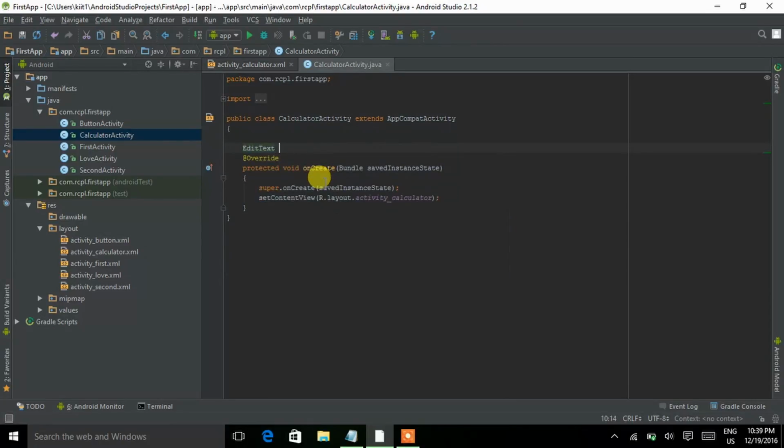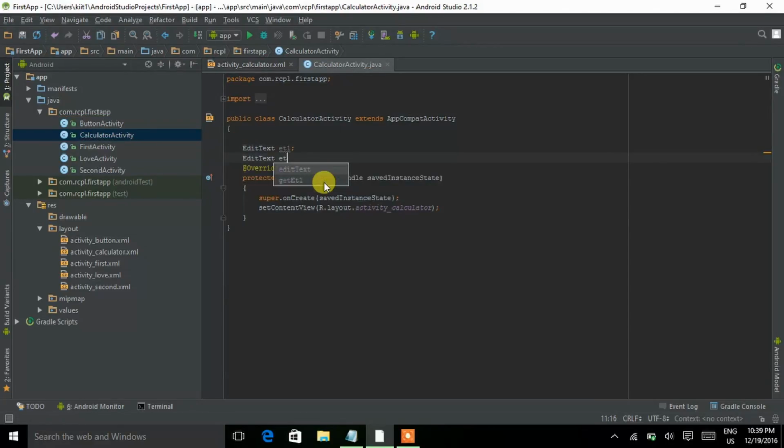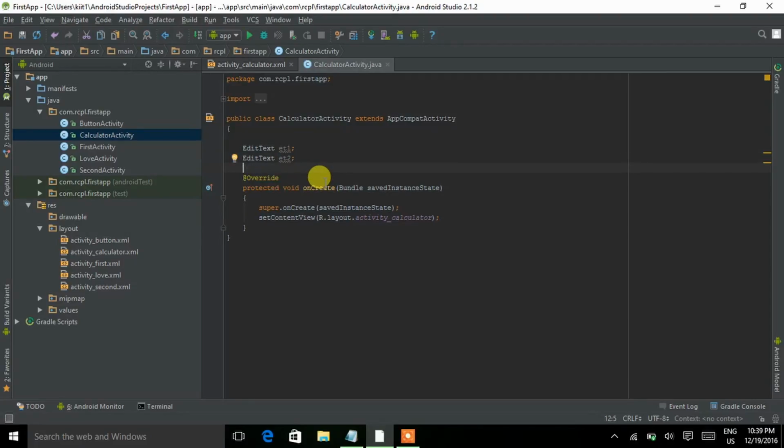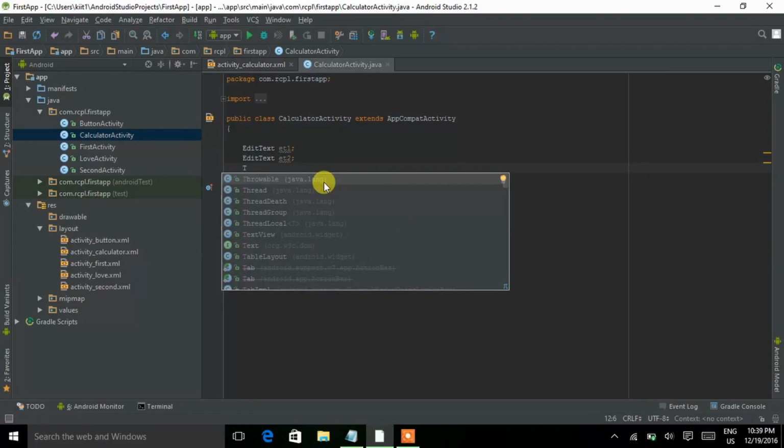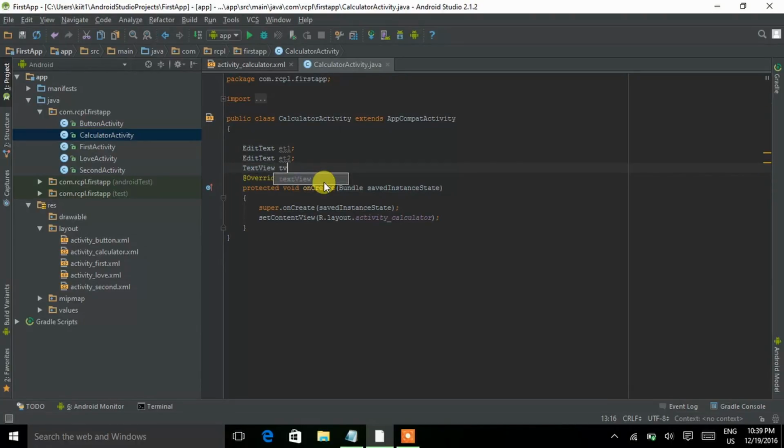Edit text, give the id et1, okay, and et2, then another one, that is text view, tv1, let's say. Okay, so then I need to connect this Java file to the XML file. Okay,